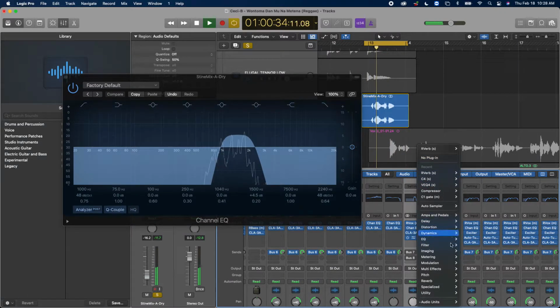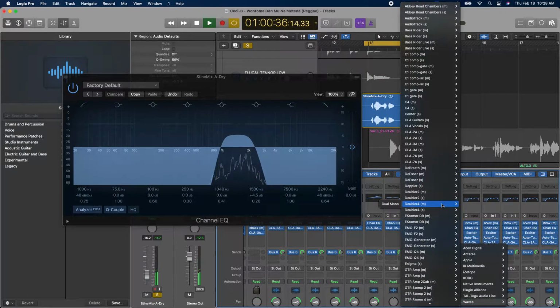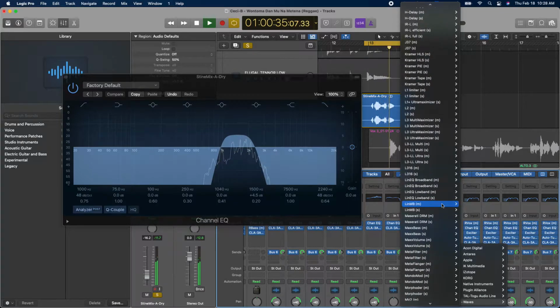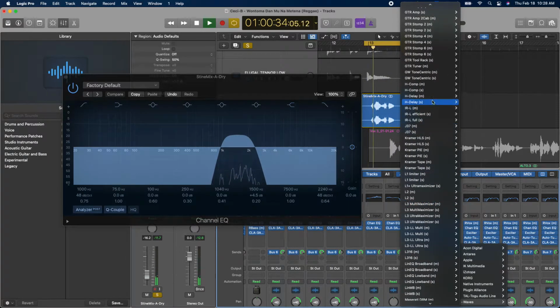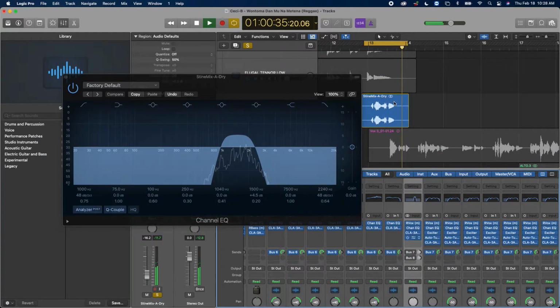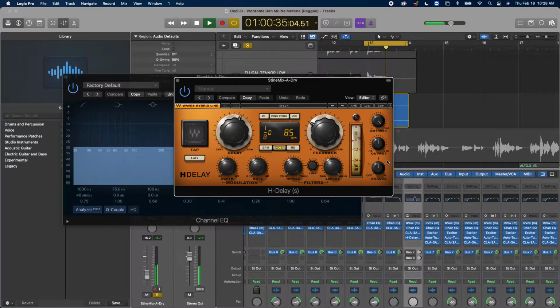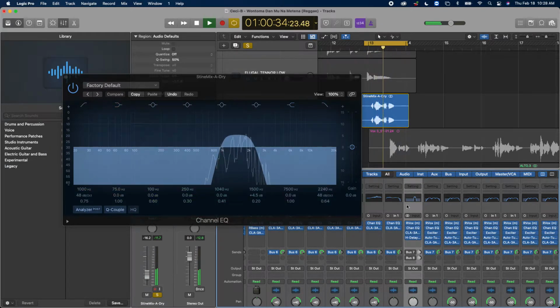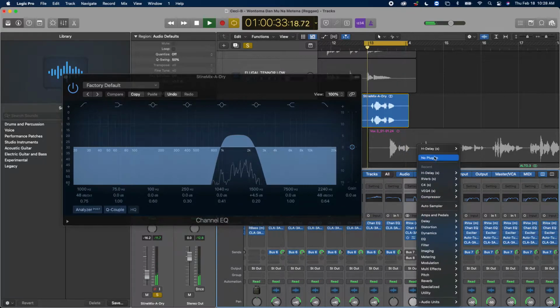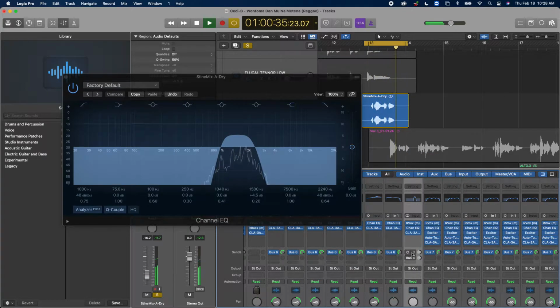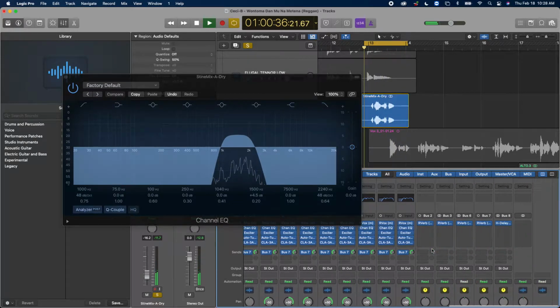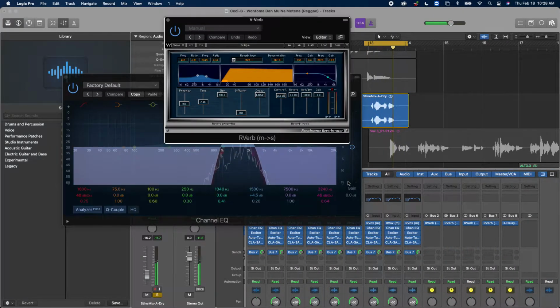Same way with delays. If you want to use a delay and you put it right on top of it, you hear how it sounds? It might sound cool to you. It doesn't sound cool to me, so I don't like that. What I'd rather do is put it on buses. The same stuff I showed you, on a bus. So the reverb is passing through this bus right here.